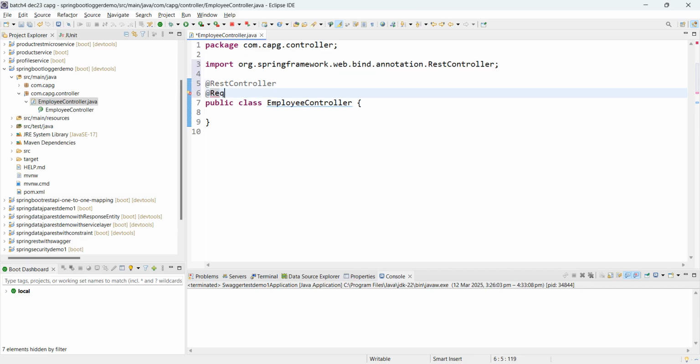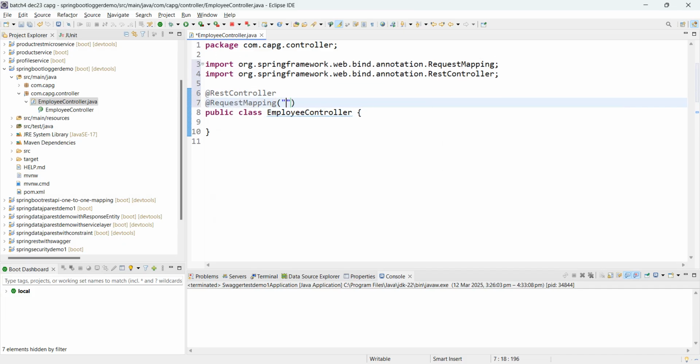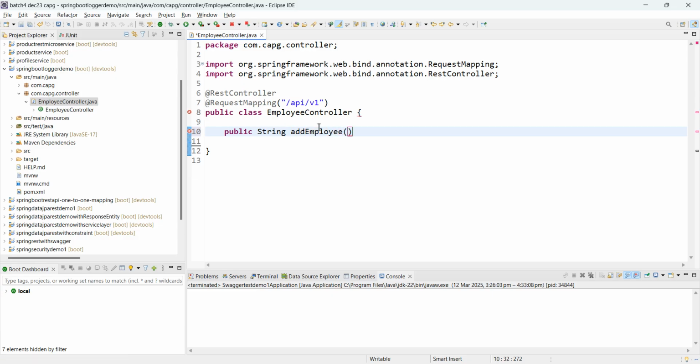Then we can add request mapping if you want: request mapping slash API slash v1. Next, I can add one public method returning a String, add employee. To make things simple, I'll just use get mapping only.